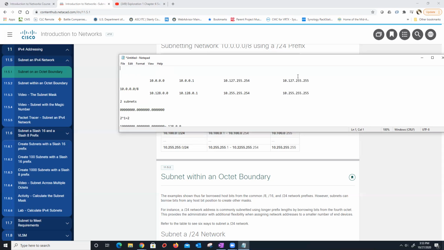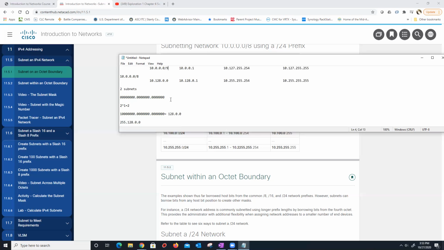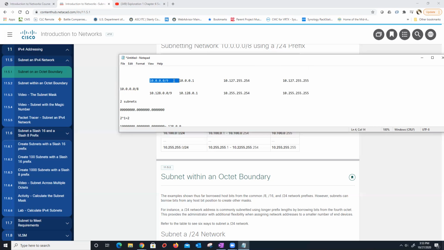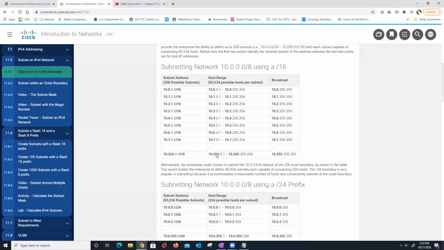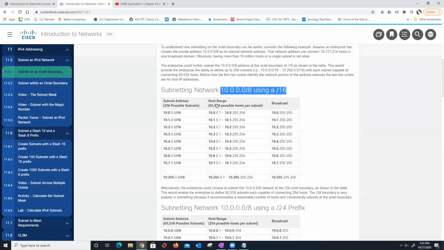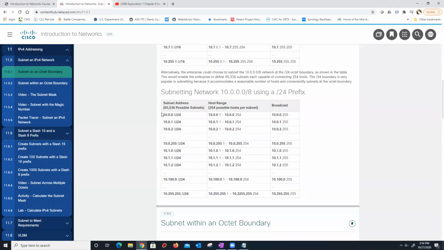Now, by the way, what would be the slash notation for these subnets here? /9, correct. These are now /9s because we borrowed 1 bit and broke this one class A or /8 network into 2 subnets of /9. And all they're doing down here is borrowing 8 bits to break this into 256 possible subnets of 65,535 hosts, or borrowing 24 bits to get 65,000 possible subnets, 65,000 plus,